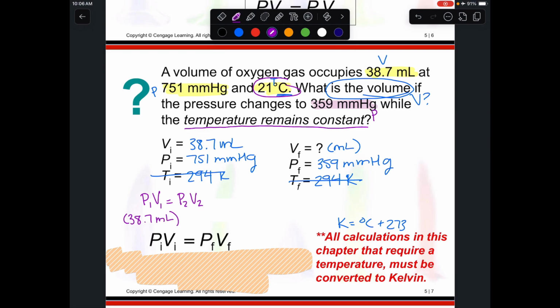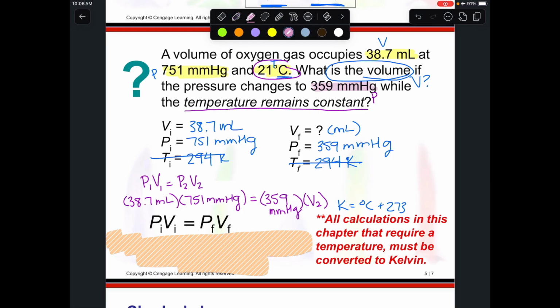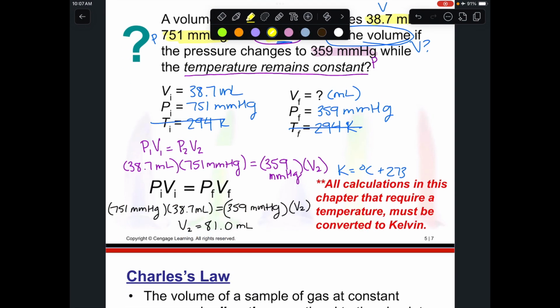38.7 milliliters. I like to keep the units in here because it just confirms that they are the same. Not necessary, as long as you've kind of checked it prior. 159. Running out of room, so I'm going to write that down here. And then we're looking for V2 or V final. So how I'd solve for this is I would multiply this left side, okay, get an answer, and then I would divide that by 359 to get rid of the variable next to the V2. And I went ahead and solved that for us ahead of time, and my answer ends up being